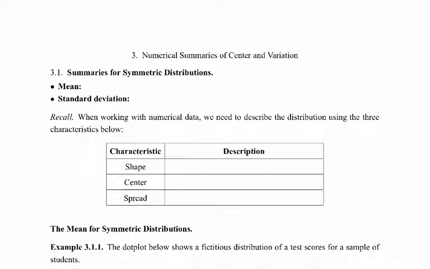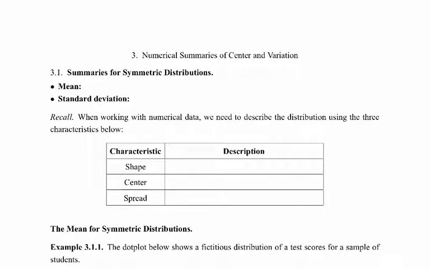All right, we're going to start Chapter 3, and Chapter 3 is all about numeric distributions. Remember, we categorize our data, or we classify our data, I should say, as either categorical or numerical distributions. And so 3.1 is looking specifically at symmetric distributions and how we're going to summarize them. I'm going to come back to these bullet points in a second, but I want to just refresh your memory